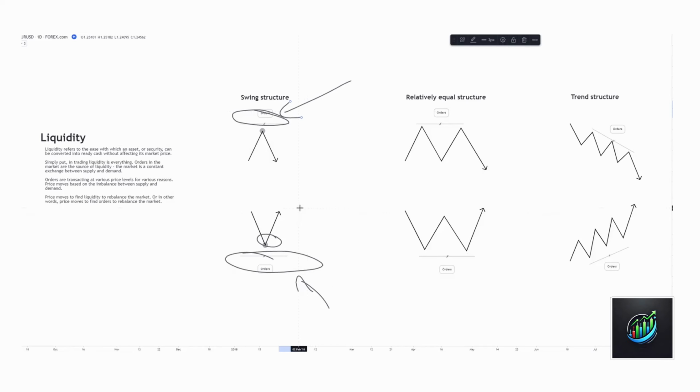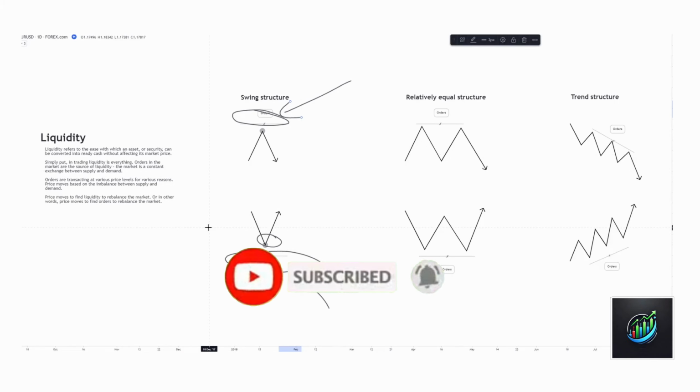So when we're looking at that swing structure, when we see swing highs, swing lows, or any points of market structure, and since we just finished the market structure section, this will be fresh in your mind. Think about all of those swing highs and swing lows that are created. There is liquidity that rests above and below those swing structures, again, for a multitude of reasons.